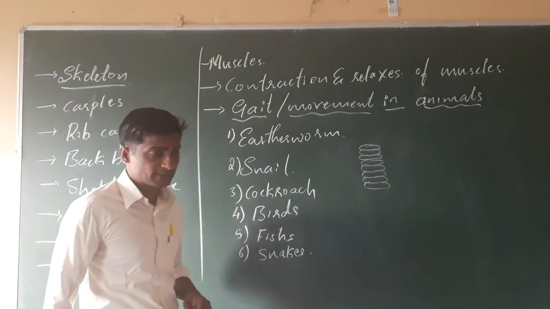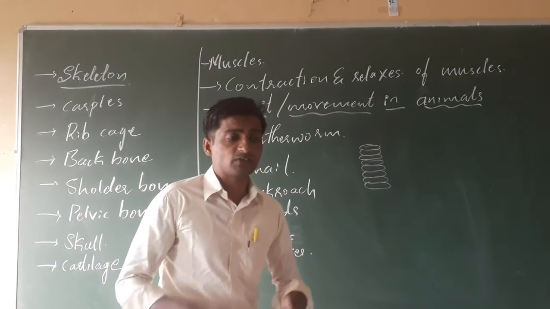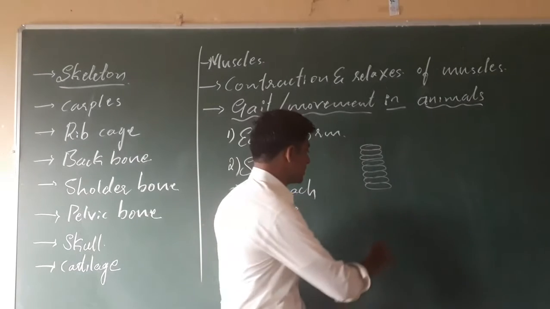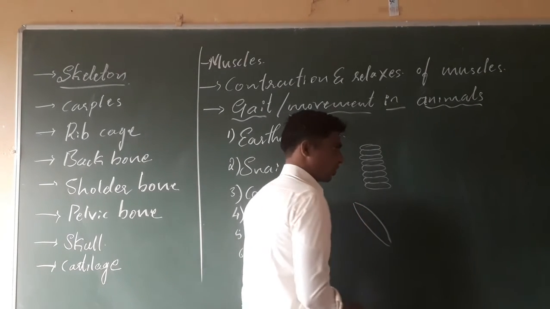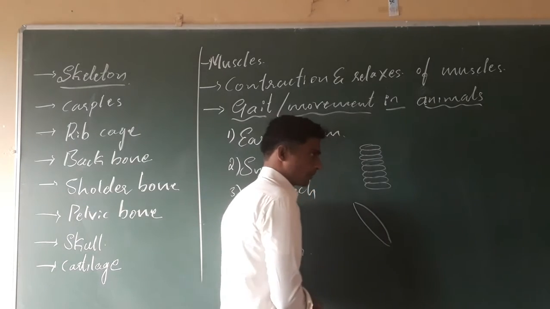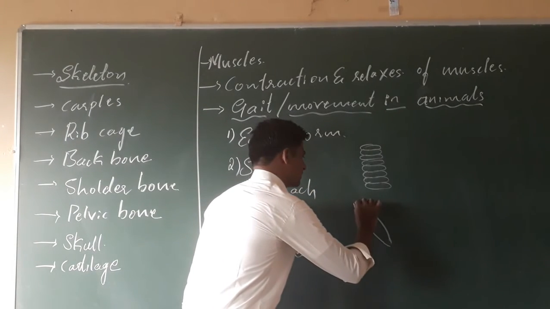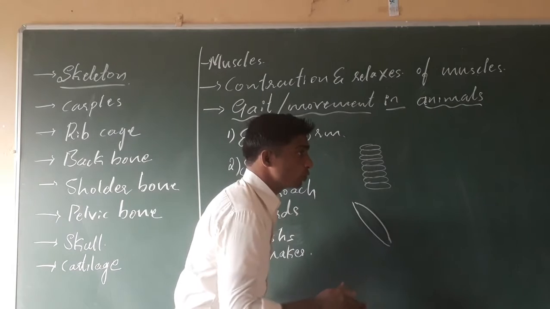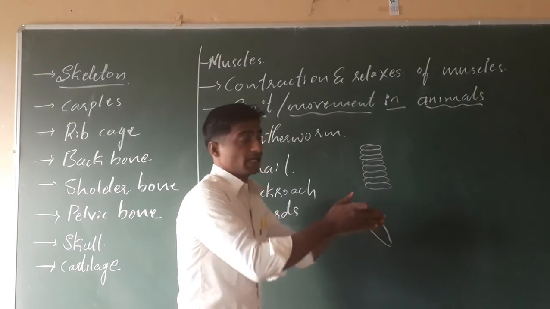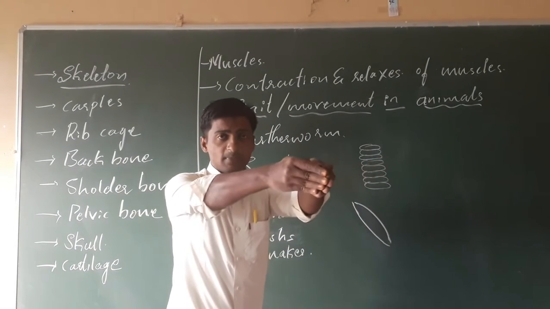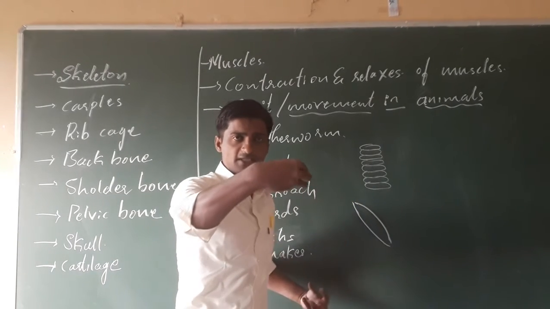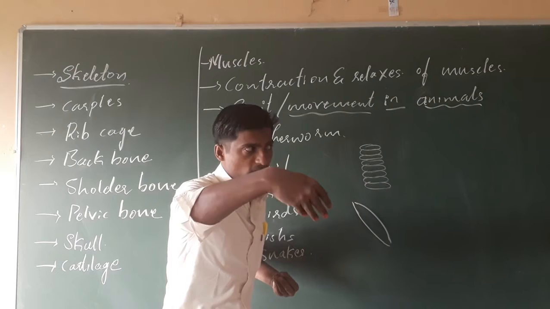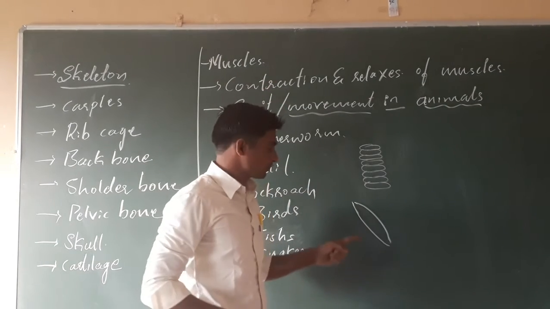In the case of birds, the body of the birds is streamlined. Streamlined means the front and hind parts are short and the mid part is dome-shaped. See what happens, dear students? That enables the bird to move in the current of air. In the streamlined body, the tail part is short and the head part is also short. That makes the birds move forward.